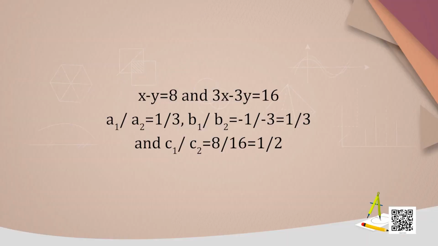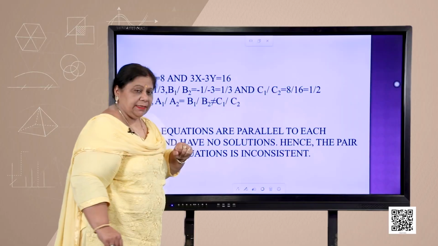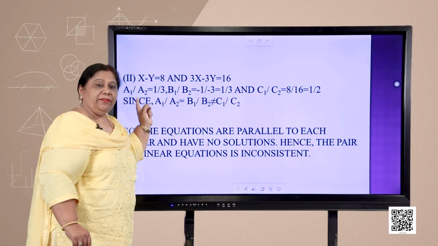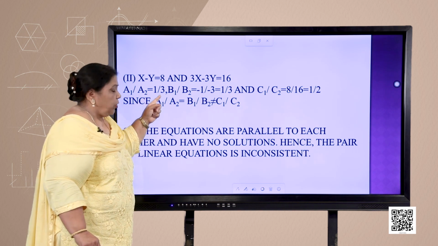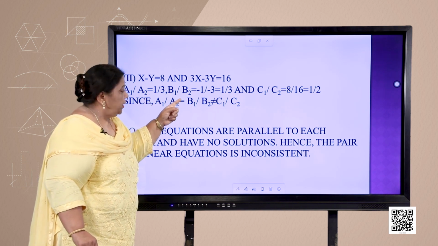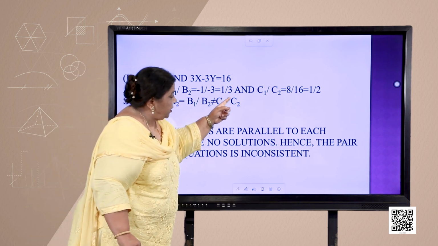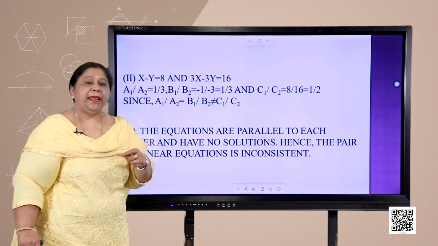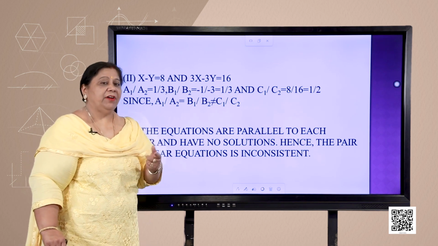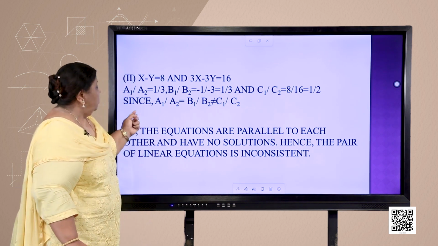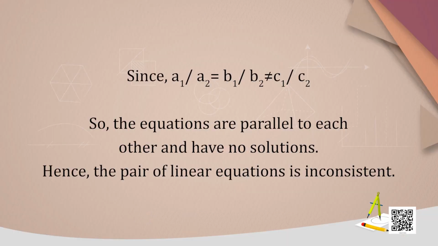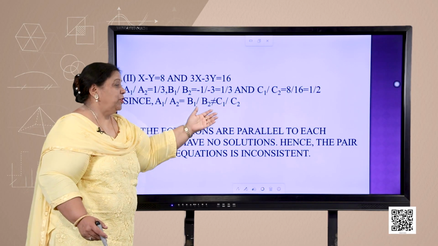In this, x minus y is equal to 8 and 3x minus 3y is equal to 16. Let us see the values. a1 upon a2 is 1 upon 3, b1 upon b2 is minus 1 upon minus 3, which is nothing but 1 upon 3, and c1 upon c2 is 8 upon 16, that gives me 1 upon 2. Now, since a1 upon a2 is equal to b1 upon b2, but that is not equal to c1 upon c2,